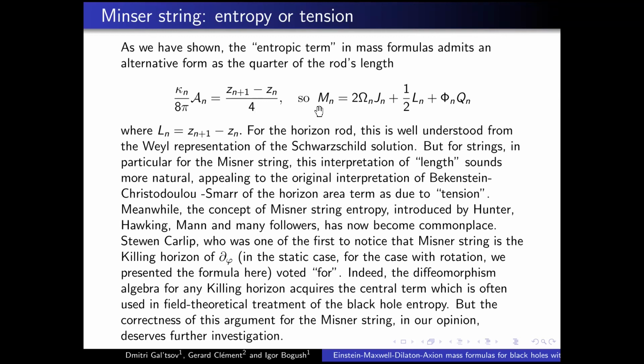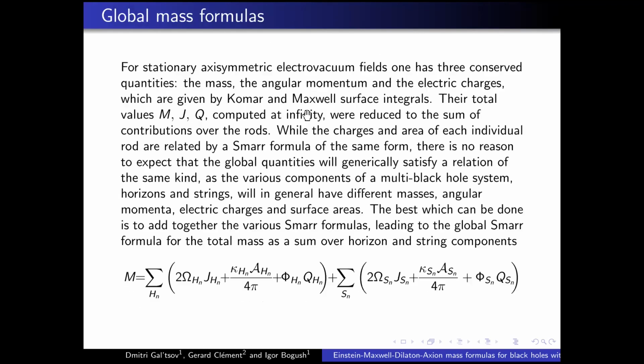Now, in terms of length, this formula is like that. And the question is, if it is a string, a Misner string for instance, how we should interpret this contribution. This is a contribution of the Misner string. Many people believe that it is also entropy. I don't know, because the entropy is a Killing horizon of a space-like Killing vector. Inside, there is nothing. It is a singularity. One can think that it is just the internal horizon of the hole, but it is not, because behind the horizon there is also our region, but here, no.